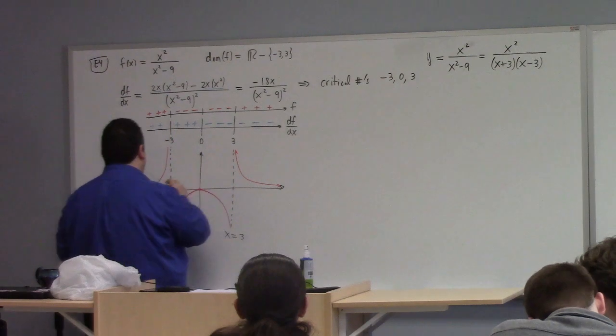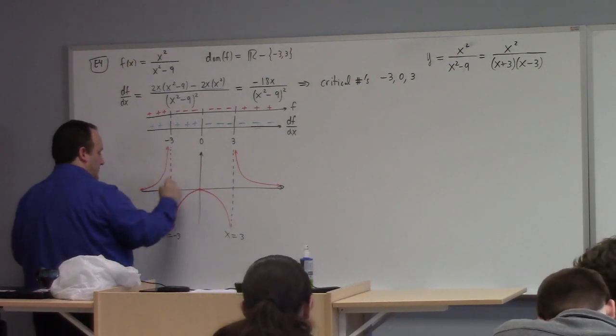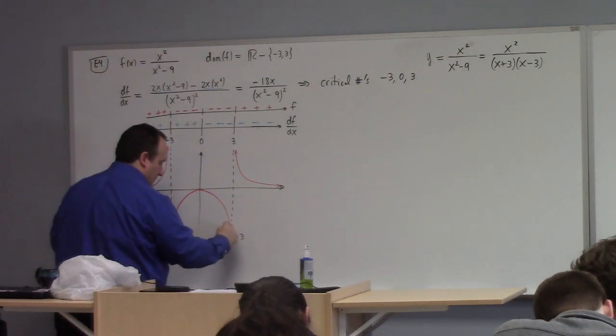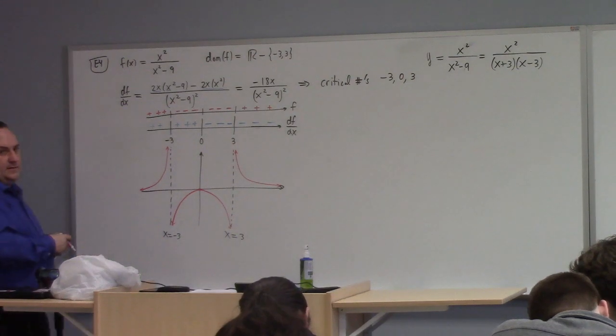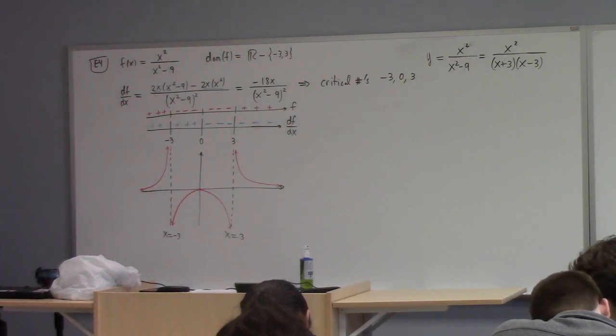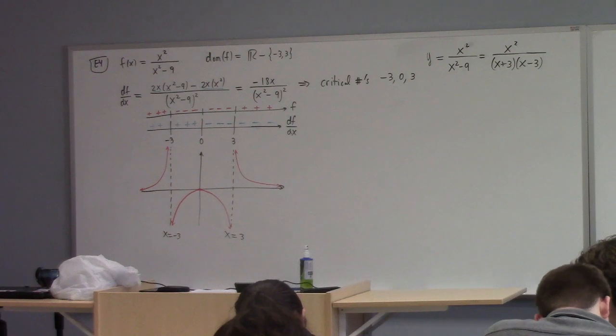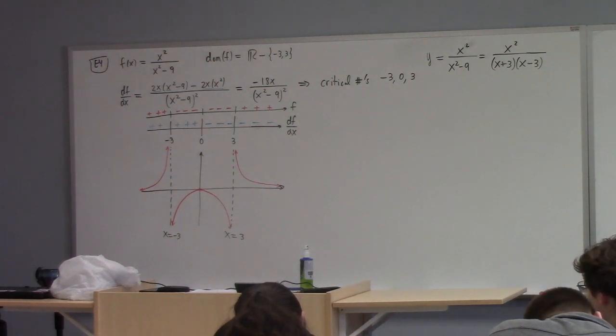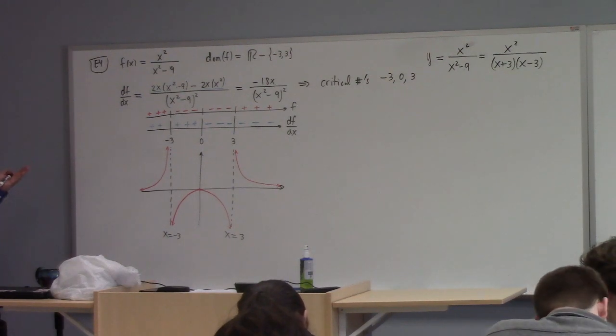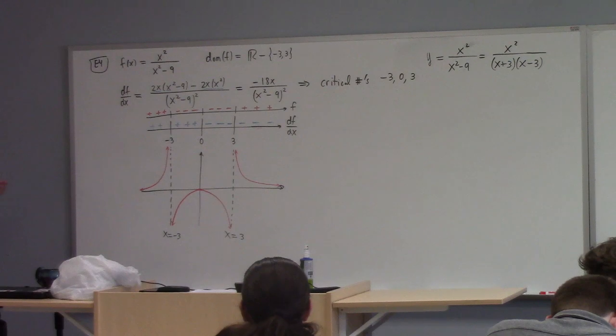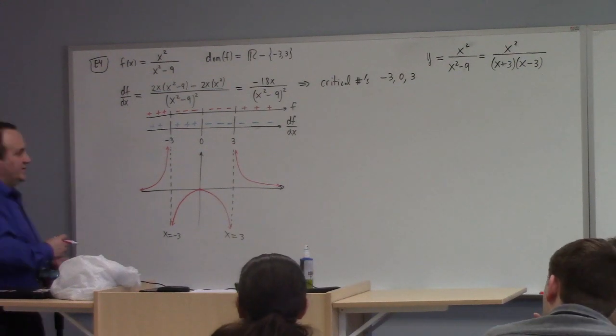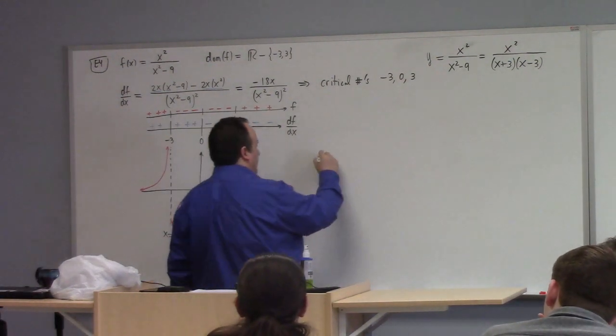Now, how do I know that the horizontal asymptotes are 0? That's a good point. We know that the only 0 is at 0, so it can't cross the x-axis. That's one good argument. The other argument is just that if you take the limit as x goes to plus or minus infinity, oh, wait a minute. Uh-oh, oopsie, I deceived myself. You guys tell me what happens here.